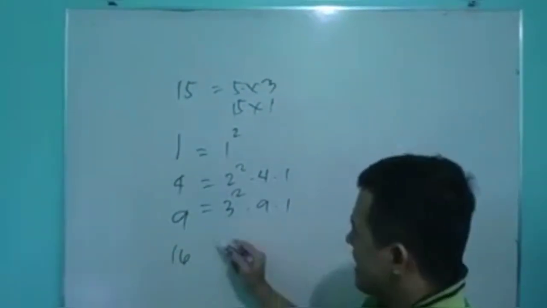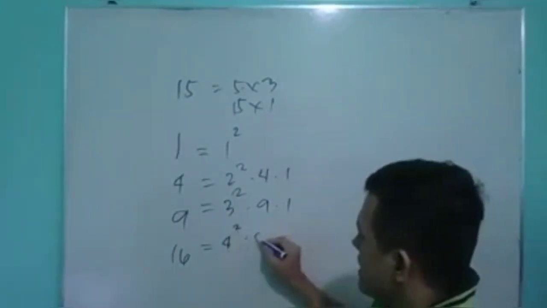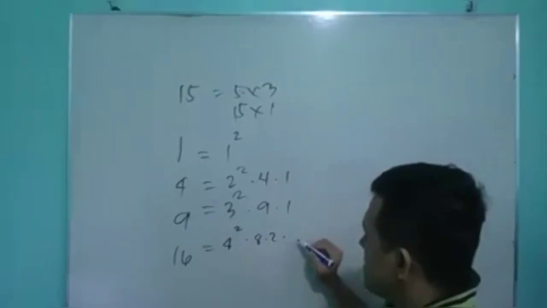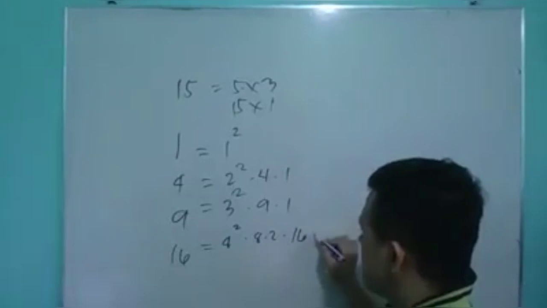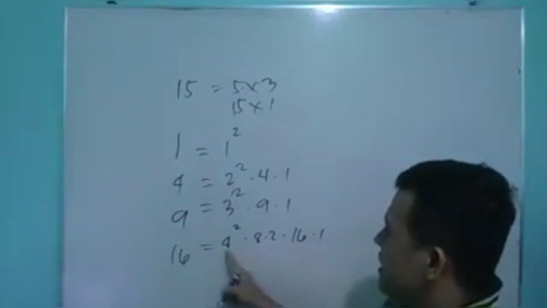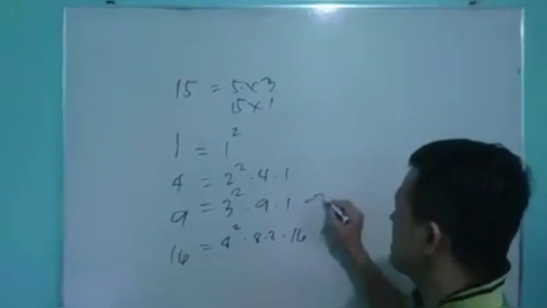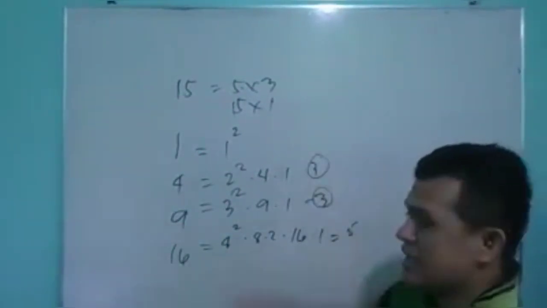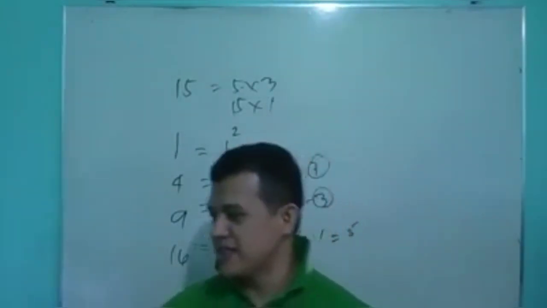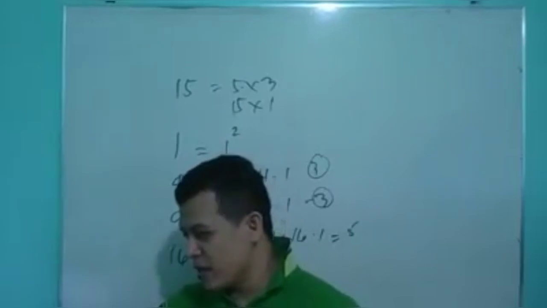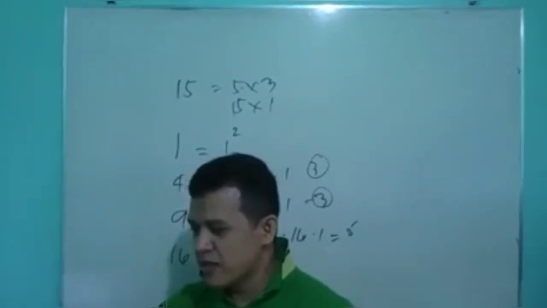Distinct factors. Remember that. And we have there, 16 is like 4 squared, and then 8 and 2, and then what more? We have 16 and 1, right? So we have there how many? 5. Okay, so this one is 5, this one is 3, which is what is being asked in the problem. This is how many have an odd number of distinct factors. Okay? So there you go. Next one. In the repeating decimal, 0.714